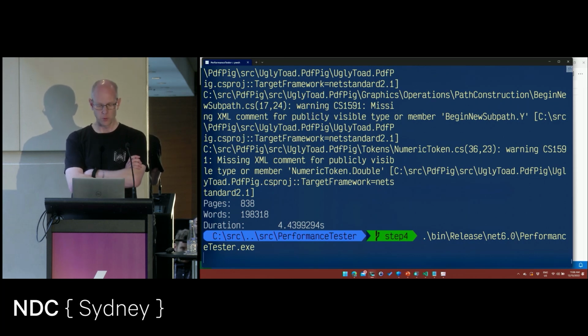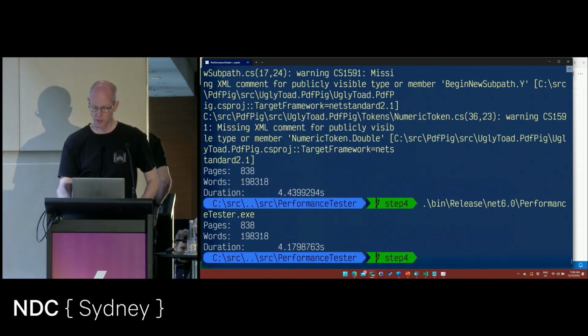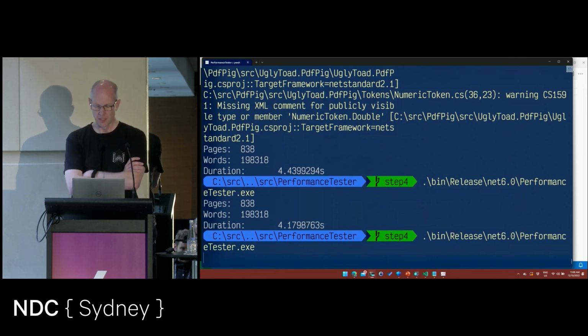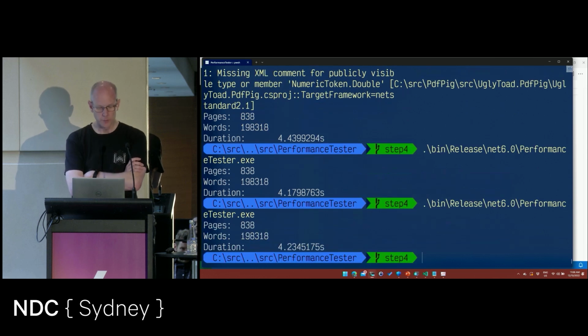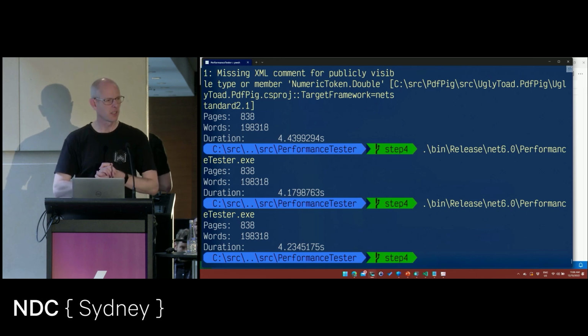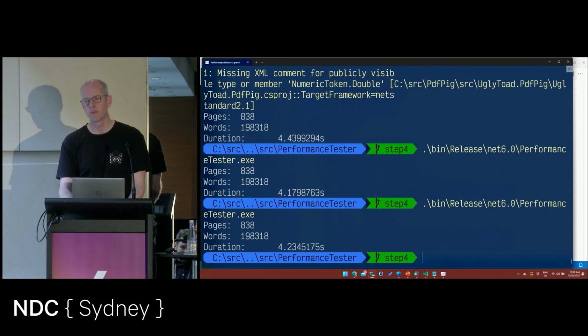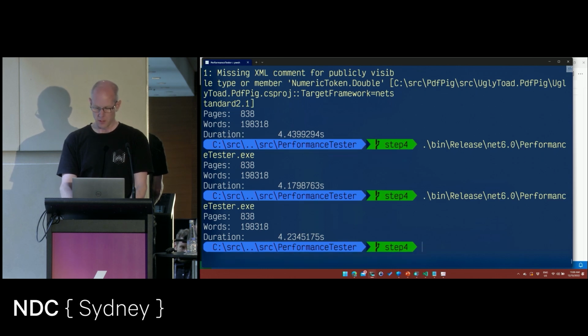So we had 4.4, 4.1, 4. Hopefully 4.2. So roughly what now? 4.2, 4.3, something like that. 4.2, we okay with that number? Pretend that I've run this 98 times and I've run the JIT and I've done all the other stuff that Benchmark.NET does beautifully. All right, so